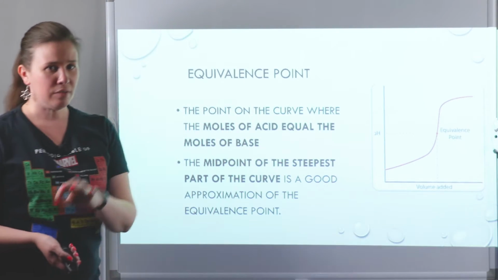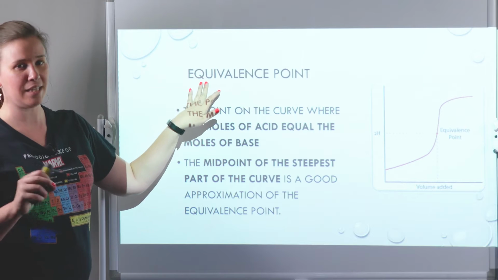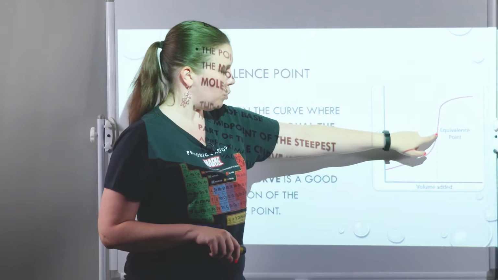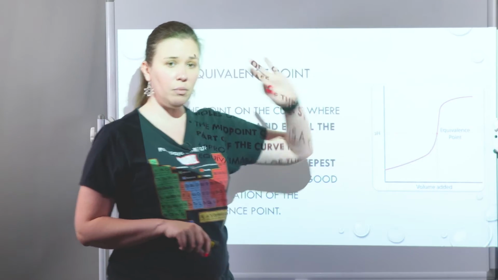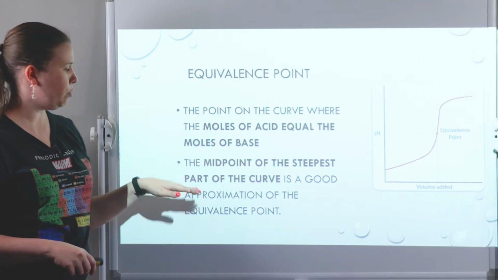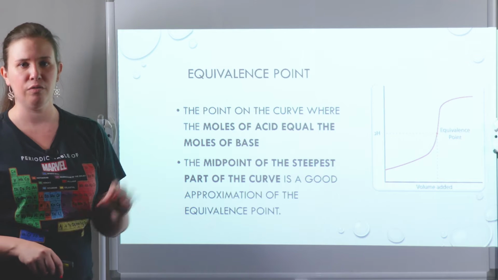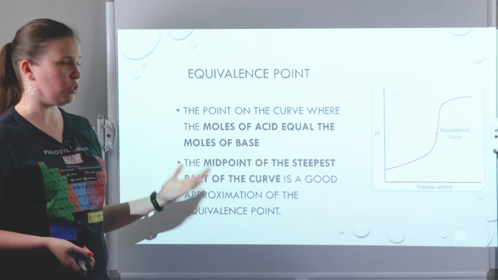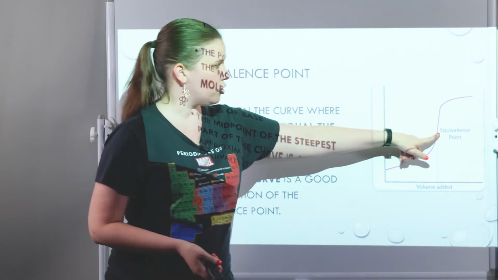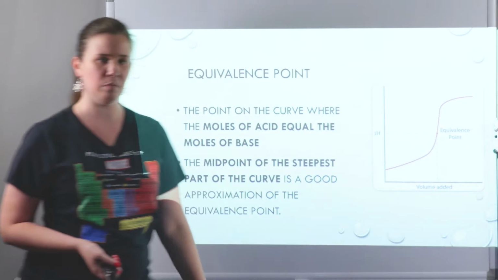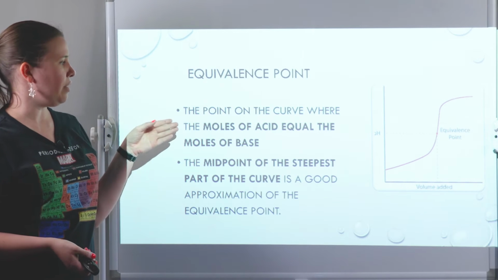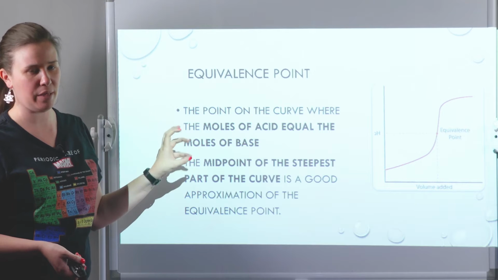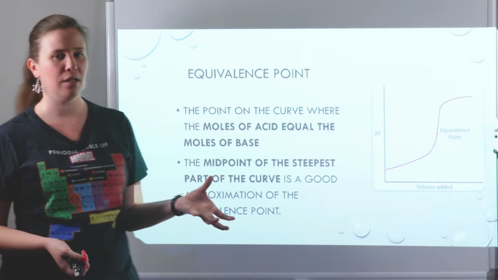What the equivalence point is, notice that's kind of similar to endpoint. The equivalence point would be the steepest point on this curve. The midpoint of that S shape would be a good estimation of the equivalence point. It could be quantitatively determined. You could find the slope of these points in order to find the steepest point, right? And if you did that, you would be representing exactly where the moles of acid are equal to the moles of base. So this is more of a quantitative